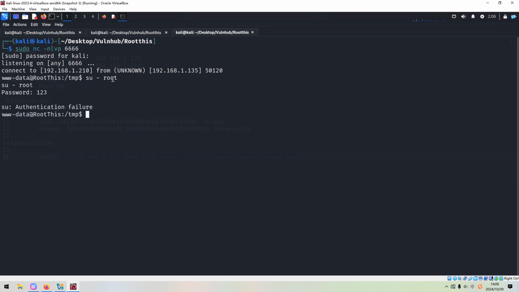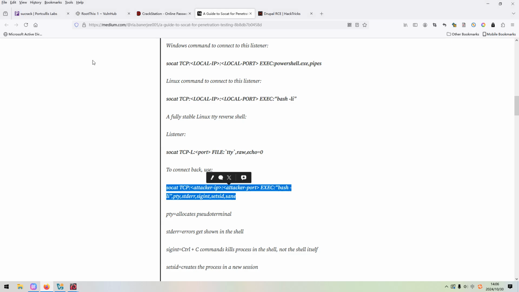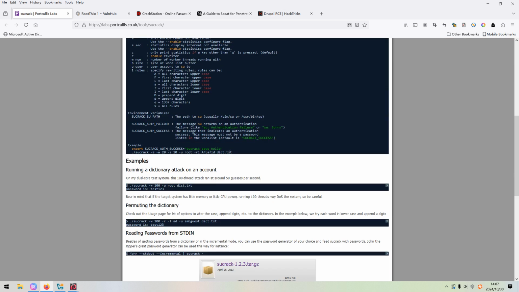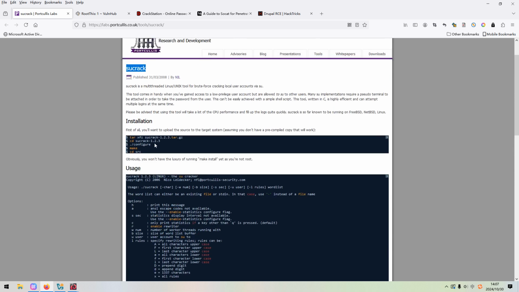So next, if the target has the Python interpreter, this will be very easy because we can generate the word list and then use Python to crack it. But the problem is Python is not there. And another problem is some people say they can use this utility, sucrack, and you can download it to your Kali Linux and then configure it.